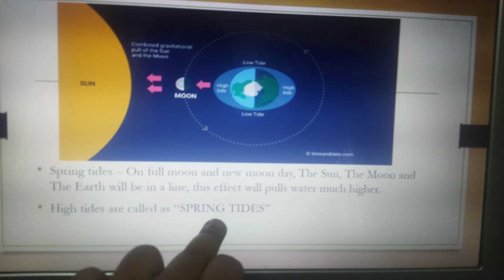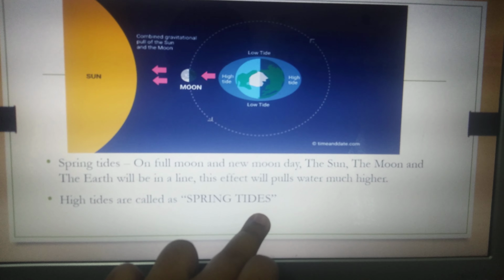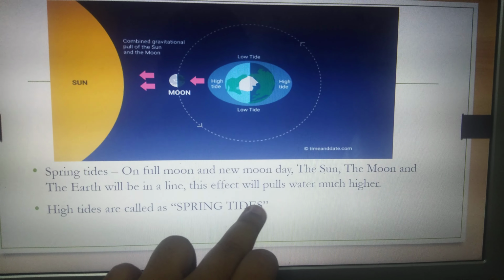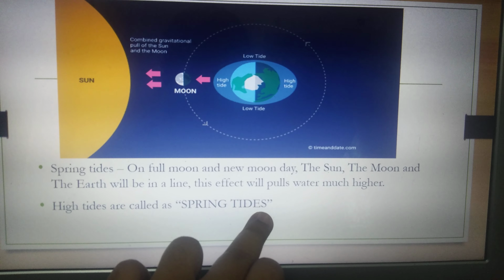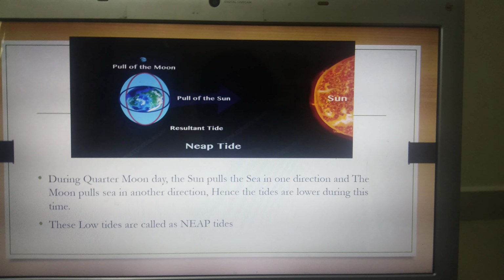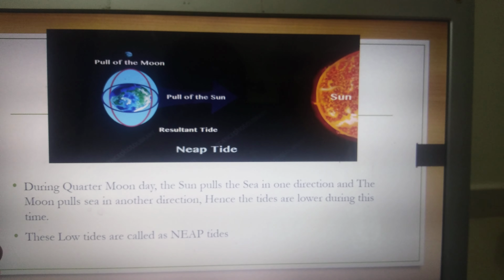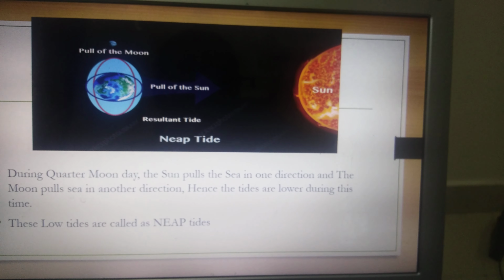S-P-R-I-N-G, spring tides. T-I-D-E-S, tides. Next, we are going to see